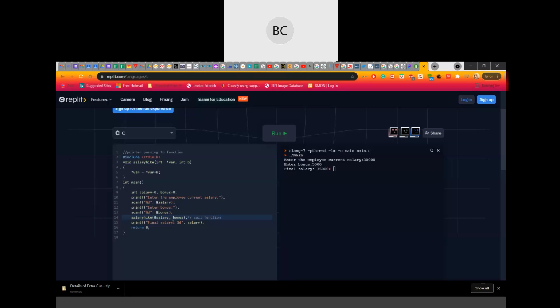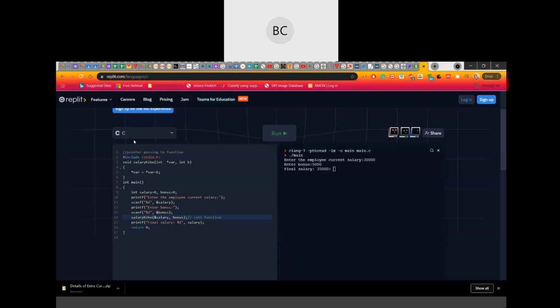Since one of my variables is a pointer variable, when you call the function, you have to call the salary with the help of its address. So this is an example of passing a pointer as a reference, or address. Ampersand salary, then bonus is just a normal variable, so it's just bonus.